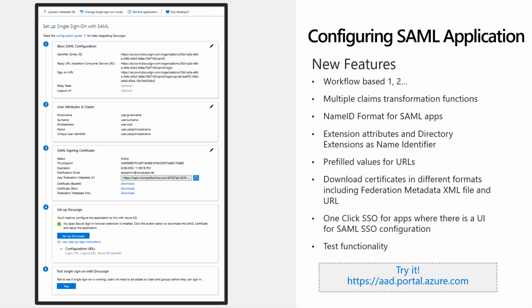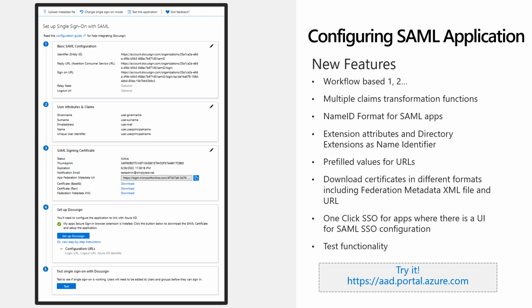I'll show you this in the demo also, but Azure Active Directory does support a specific name ID format. You can set that and use that in your application. We have also now added extension attributes and directory extensions as name identifier. For those who don't know what extension attributes and directory extensions mean, I'll give you a short one-minute summary.